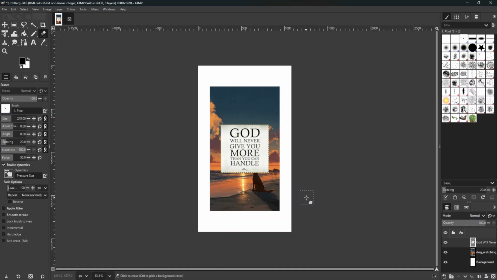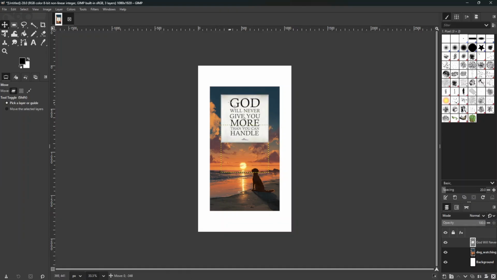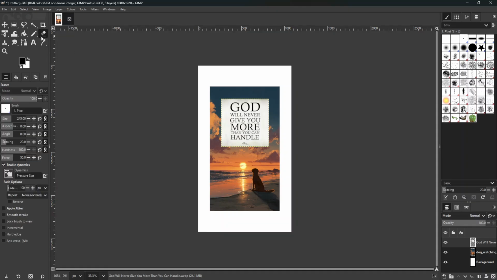Once you have your top layer selected, it's time to choose the Eraser tool. You'll notice this tool displayed as an icon resembling an eraser, located on the left side of the interface in the toolbox. Click the icon to activate it. The Eraser tool is what you'll use to carefully blend the edges of the top image into the background or into the image below, creating a smooth transition between the two.